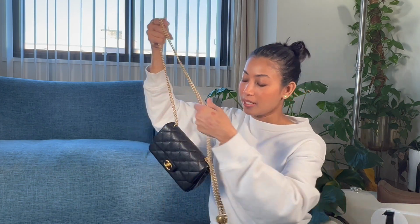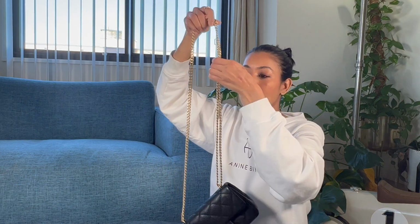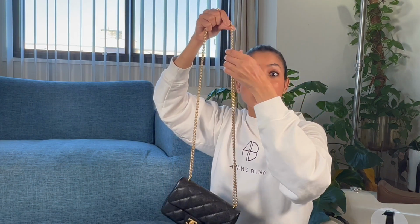If you are interested, you can reach out to your SA. So here she is. This is one of the newer collection handbags that Chanel came out with. So long story short, I started looking for a mini flap bag, but I wanted it in the caviar leather. And I could not find the caviar leather because I believe Chanel stopped producing the mini flaps in caviar,